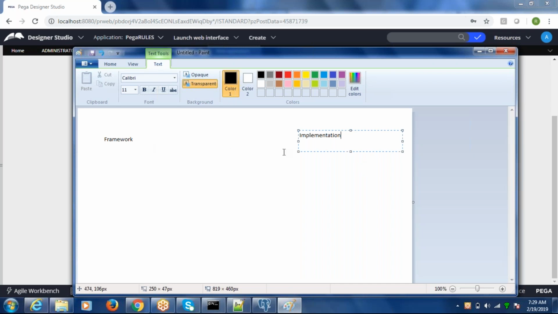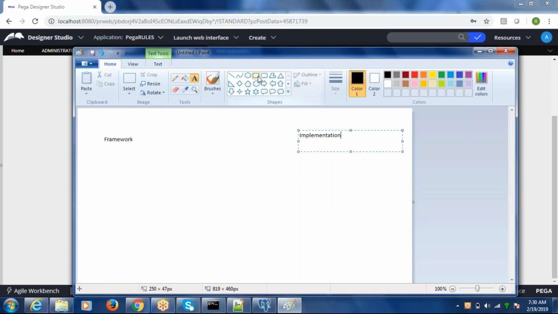So there are two different types. One is framework, which is a kind of template which you will define for that application. The other one is implementation, which is ready to be consumed. You will add multiple flavors to it, where you want to see the UI in a different way. Whereas the framework is open for development and can be consumed by multiple implementations. One framework can be used by multiple people.